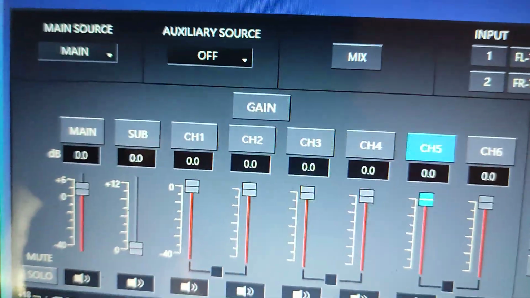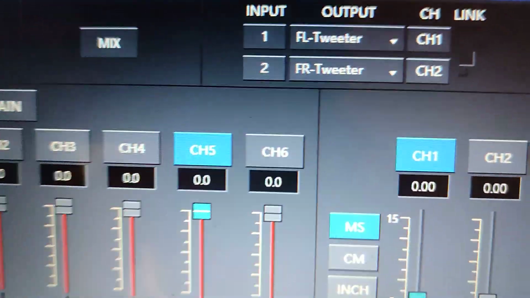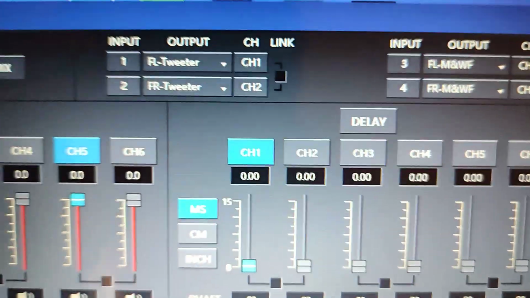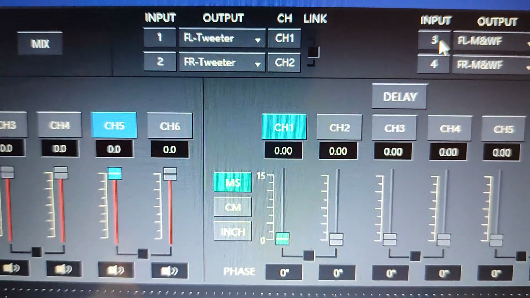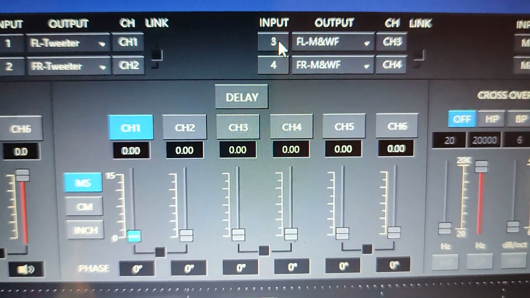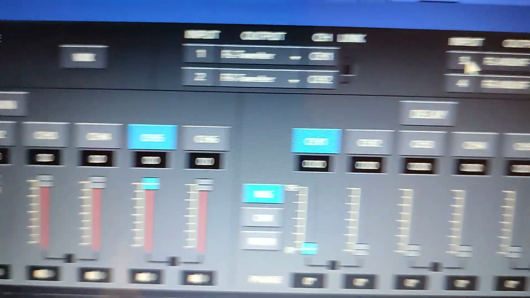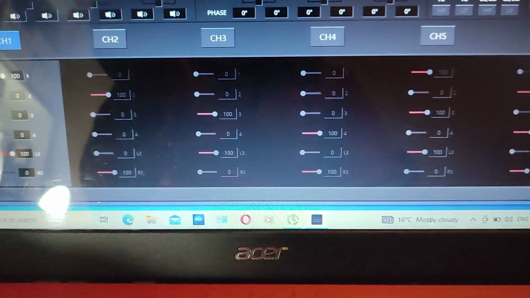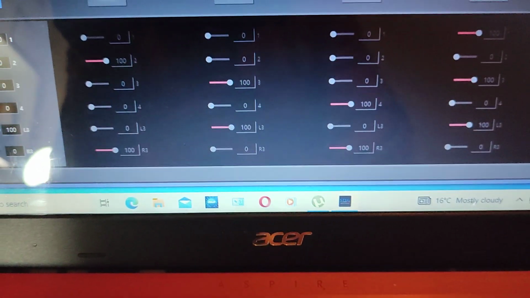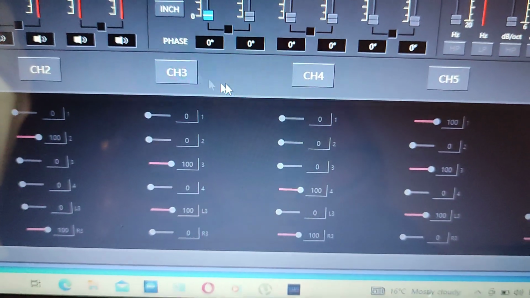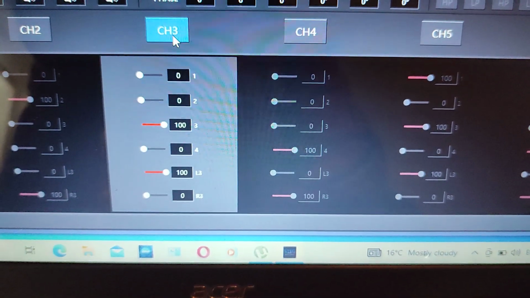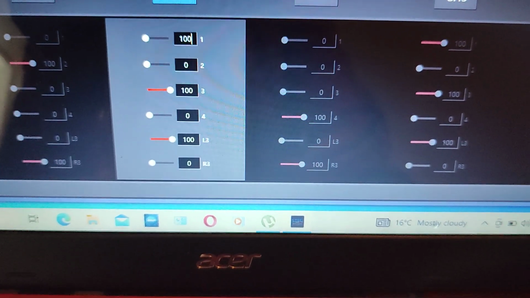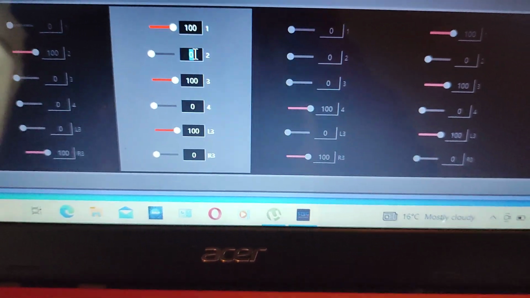The first challenge that you're going to have, if you use the main input and you don't use all 4 high level inputs and you use 1 RCA in, is the first thing that you need to change. The 3 and 4 is basically going to be, if you only have 1 RCA in, you're not going to get a signal here. So you go to mix. This opens the first time this new page. For the first one, 1 and 2, you can see where it's getting a signal from. Now what you want to do is come to number 3. We want 100% of your signal from a front input, which is either an RCA or